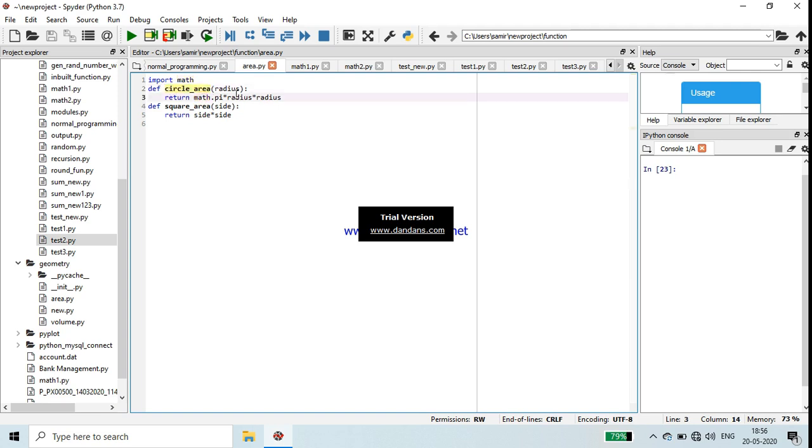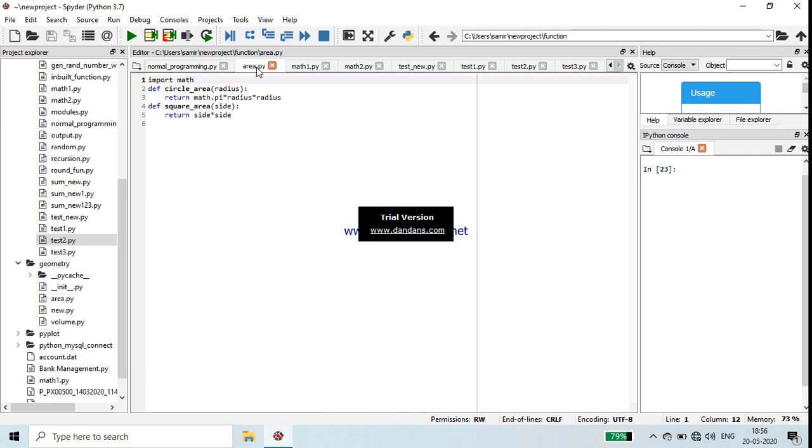In that, pi into radius into radius, that is the formula of area of a circle. Then the second function is square area. In this, side into side, area of square. So these two functions belong to this particular module area, where the math module, an inbuilt module, is already imported. So I have created one module, area, here.